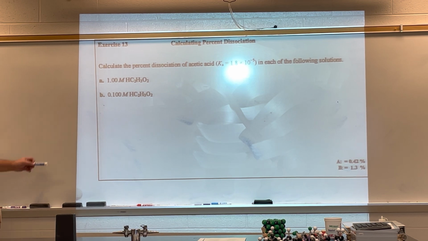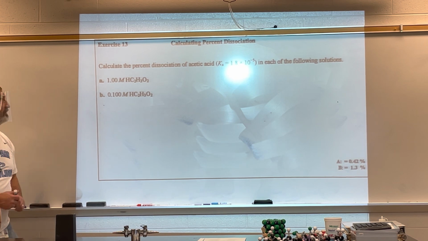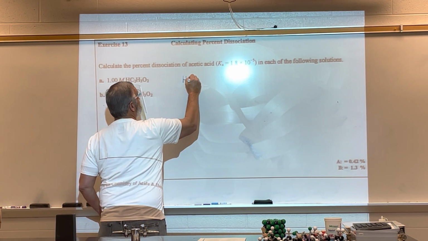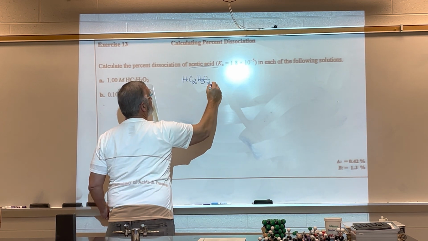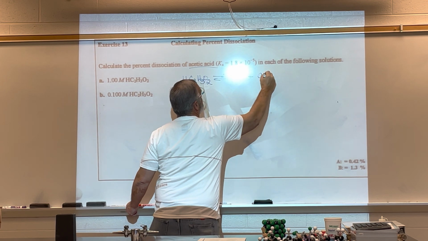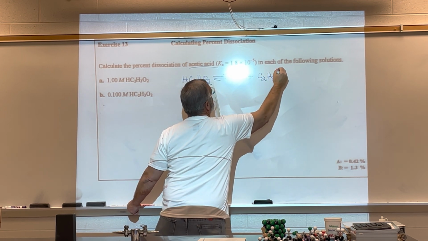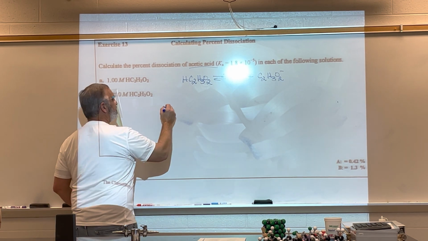What's the whole going to be on A? 1 molar, right? So this is going to go HC2H3O2. It's acetic acid. It's going to break up into H plus and C2H3O2 minus, right? So percent dissociation